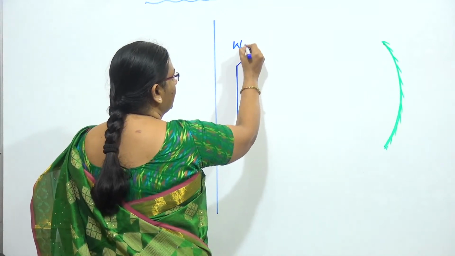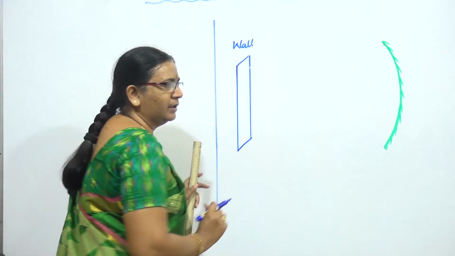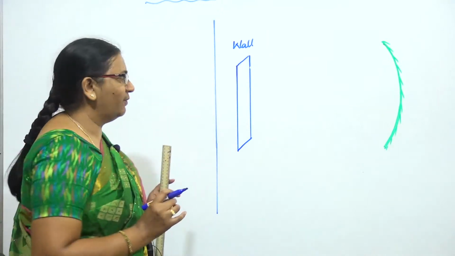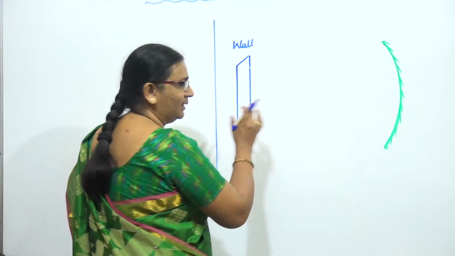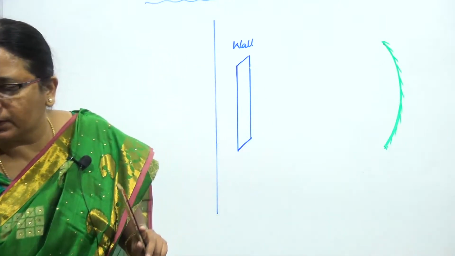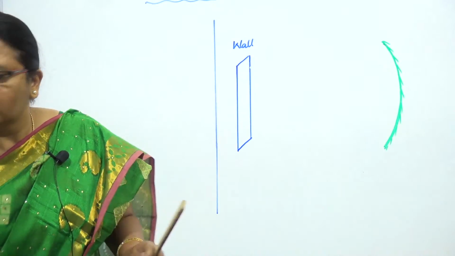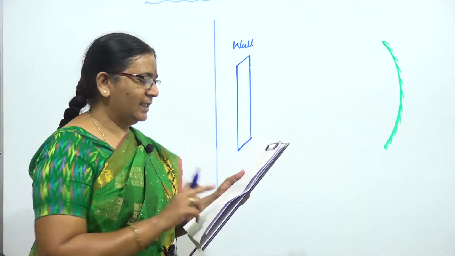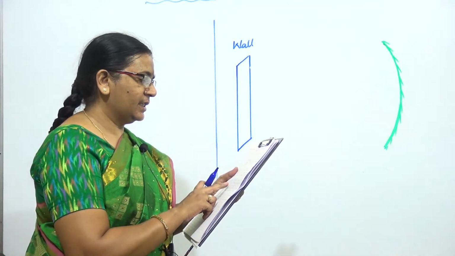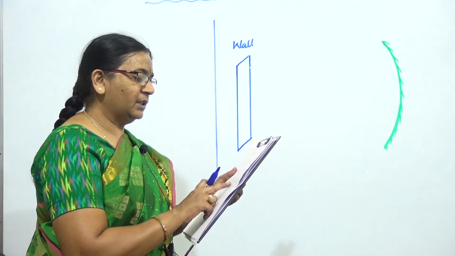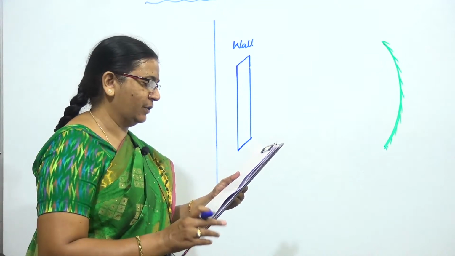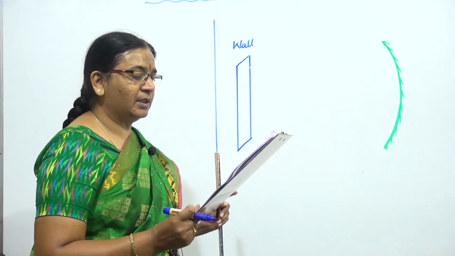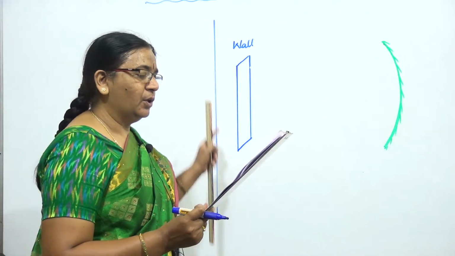And you had kept the object, that is, the candle flame, at 3 meters. Let me refer to the question. So the candle flame height was 3 centimeter, whereas the distance of that from the wall was how much? 3 meters given. Okay, well, and it forms a 9 centimeter high image of the flame on the same